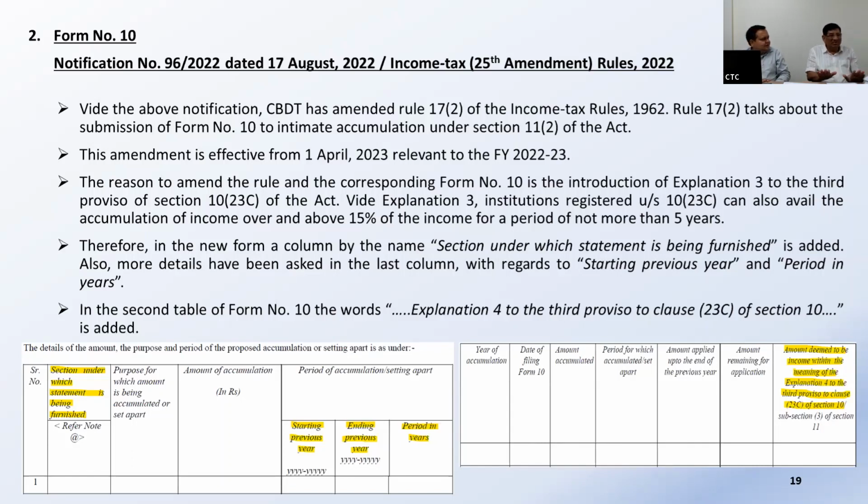Now, the practical solution for this, which we discussed in our office, I'll suggest: pass the resolution stating that we have kept our books of account at this address, give the full address details, and intimate within 7 days. Now, how to intimate the income tax AO? Directly by mail. Send a mail, you will get the receipt. If you want, you can also send a physical letter, but that is after the resolution.